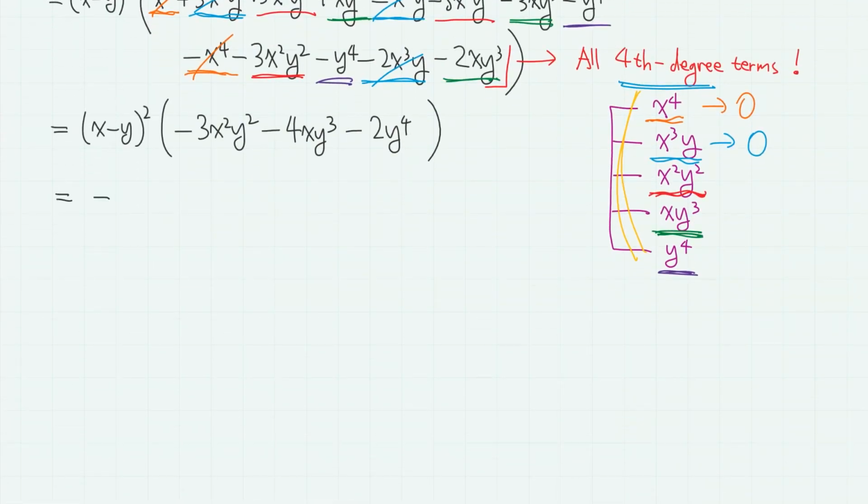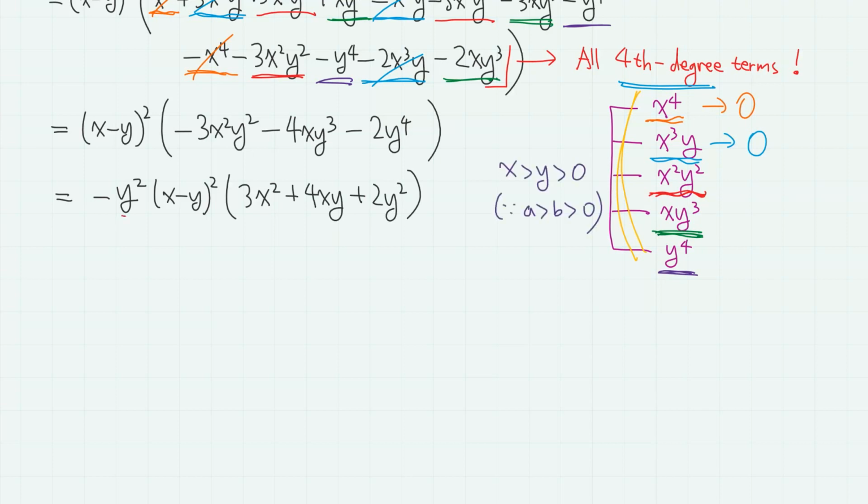Here, notice that we can extract minus y squared, so we have minus y squared (x minus y) squared times (3x squared plus 4xy plus 2y squared). Here, y squared is positive and (x minus y) squared is positive because x is greater than y because a is greater than b. And 3x squared plus 4xy plus 2y squared is also positive, so the entire thing is negative. Therefore, r cubed is less than s cubed,